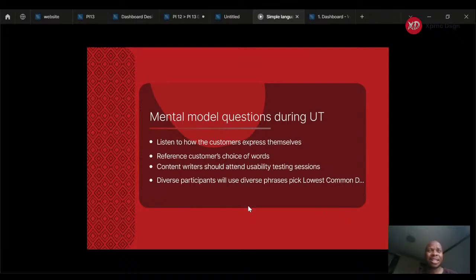Just so that at least they can get a good idea of what content is working, and so that they can hear the choice of words that customers are using, so that they can see how far off or how close they are, right? I know we're all busy, but it's very important if we are intentional about improving the experience,